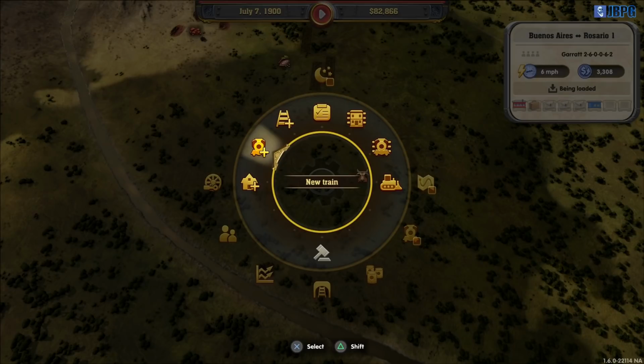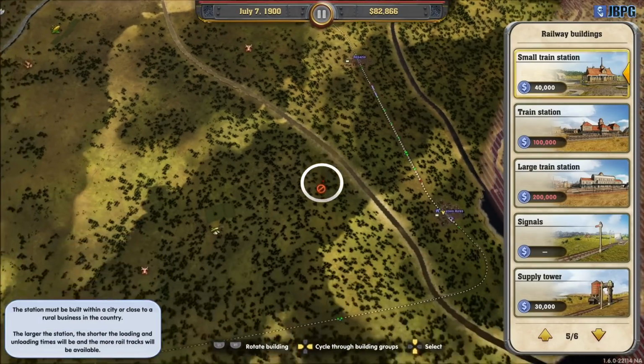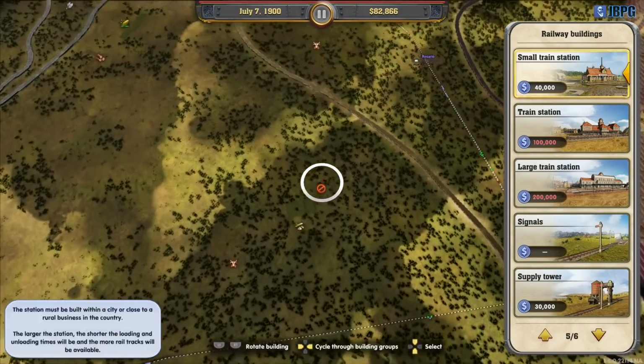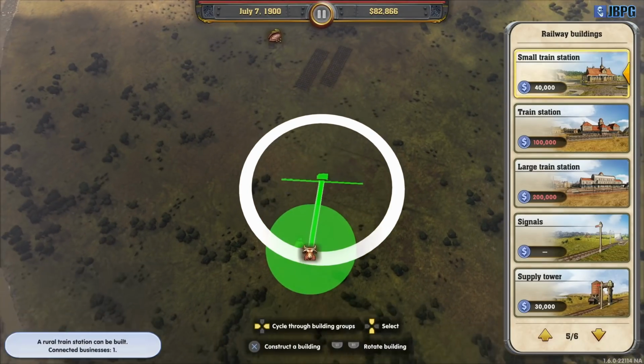Alright. How can we fix this? I'm going to try something a little bit different as well. So I'm going to break off from putting passenger service in for a moment, and we're going to put in a freight service. So I want just a single...